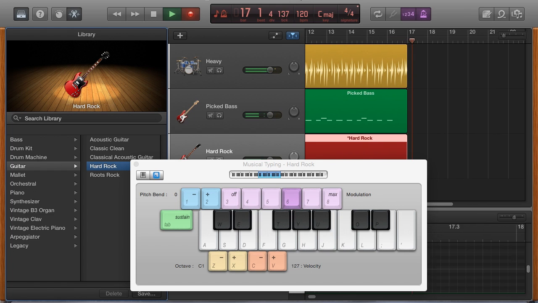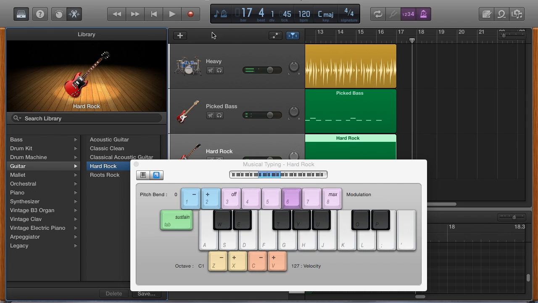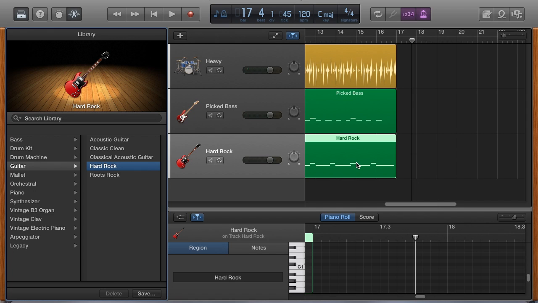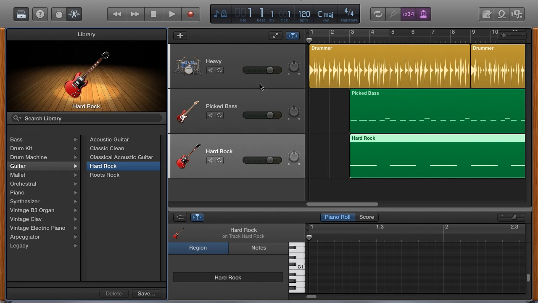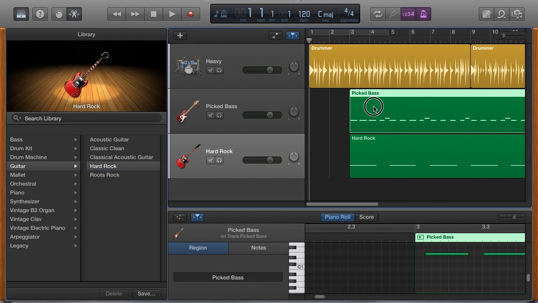Alright, so we got our tracks in. Get this window out of here. Go back to the beginning. Now I know I missed some notes there, so I'm going to quickly quantize this. We'll do the bass track first. Select all on the bass track and go over to quantize, and it was 16th notes,